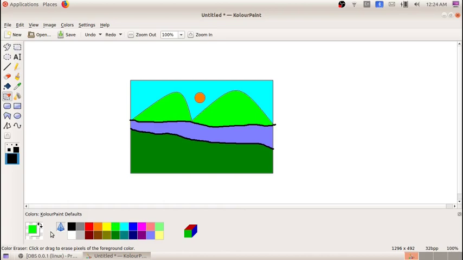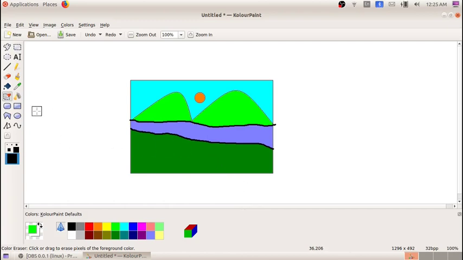Just make a click, so the foreground color will be the green color. Now select the color eraser tool and just click and drag. So only that color will be erased.